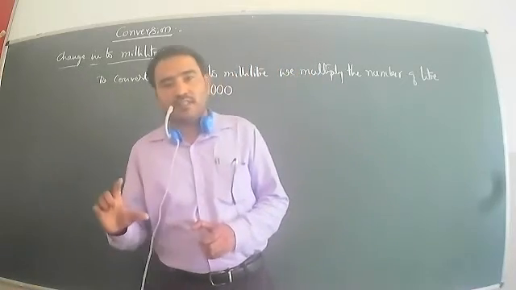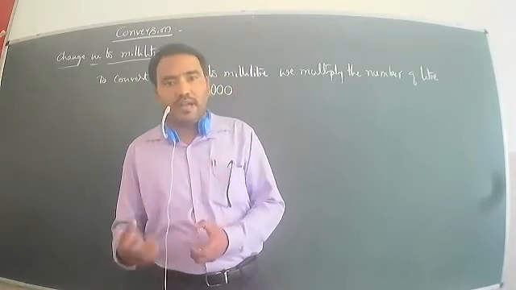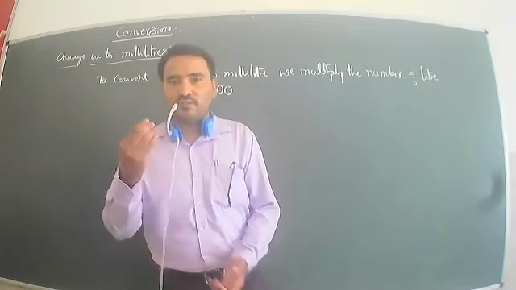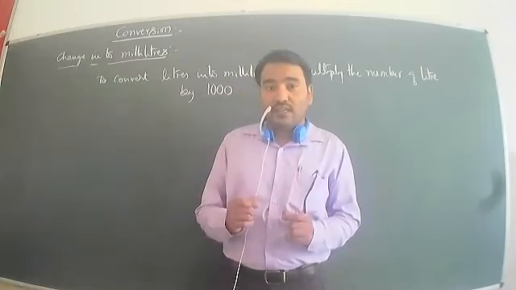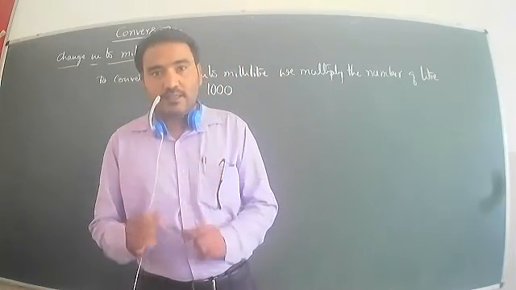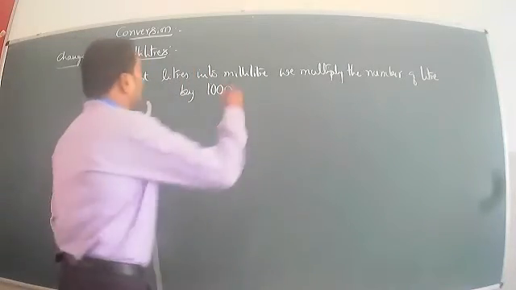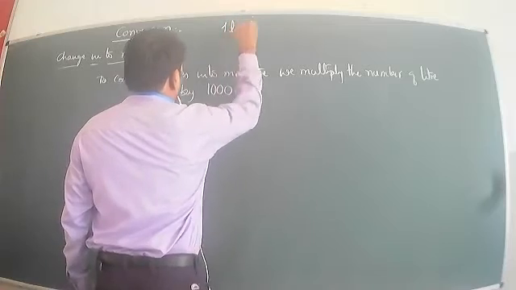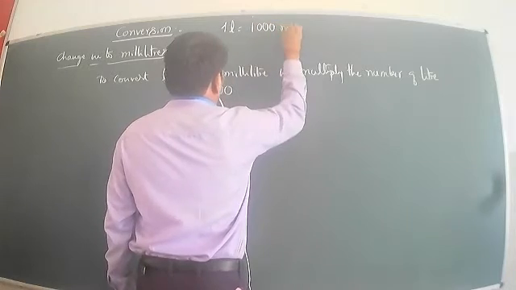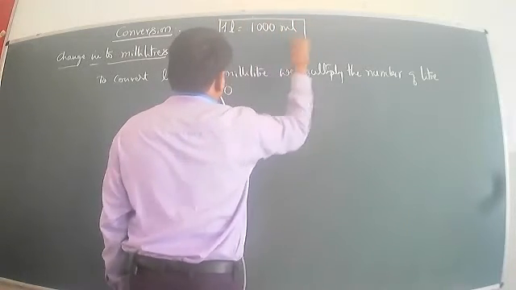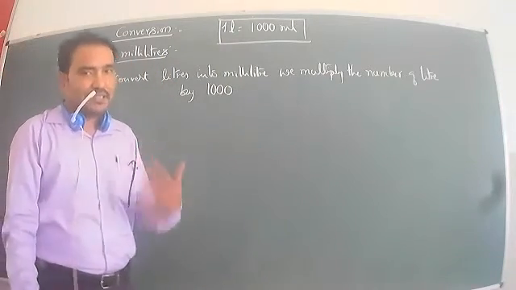If the quantity is small, we measure using milliliters. If the objects have a larger quantity, we use liters. Also, we know that 1 liter equals 1000 milliliters. Milliliter means ml, and L means liter. So 1 L equals 1000 ml, and using this we can convert liter to milliliter and milliliter to liter.